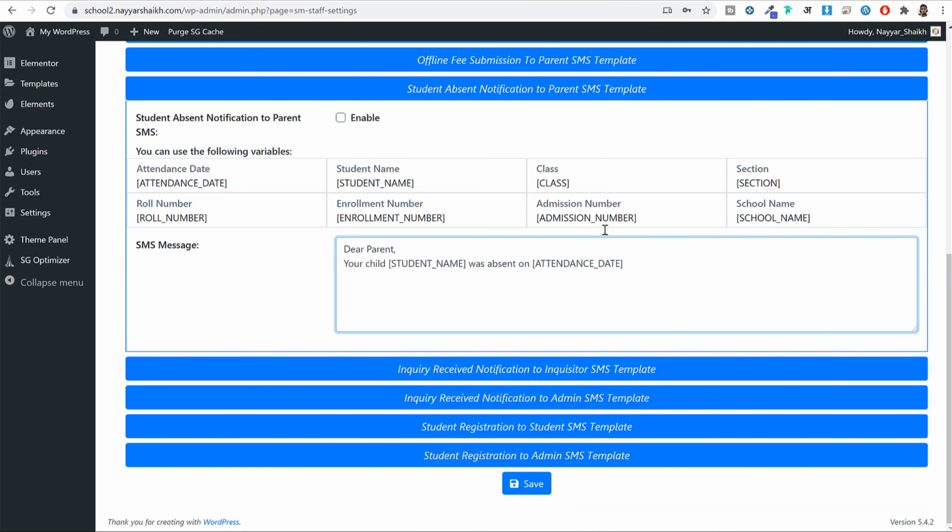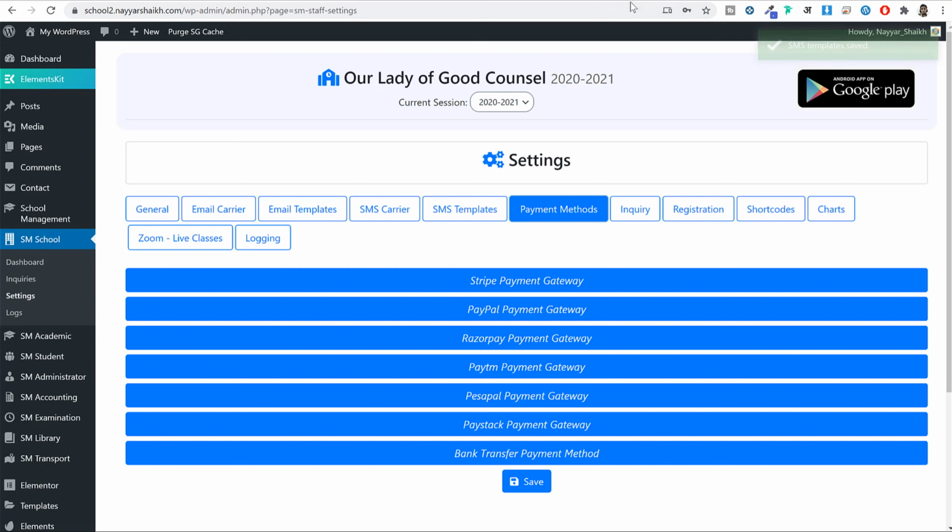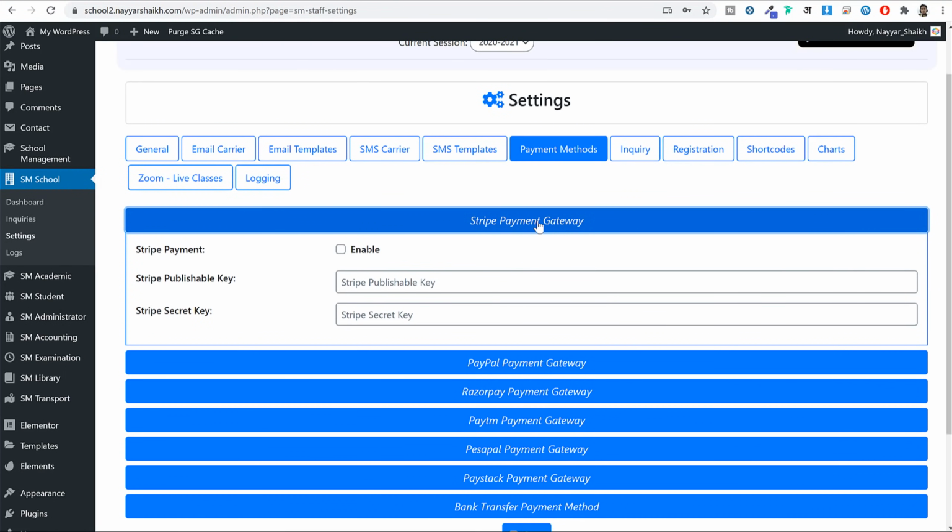So they will get this SMS automatically, and make sure to always enable this. Click on save. Then after that, we have payment methods. If you're accepting online fees and all, you can enable this payment method. And the most important one, according to me, is Stripe, because using Stripe, you can accept online payments using any card like credit, debit, or ATM card. So enable this, and for this you have to go to this website,